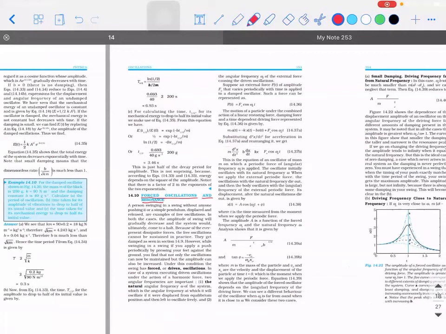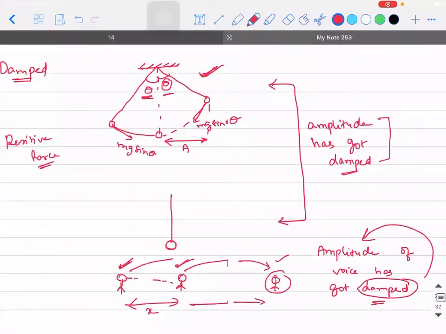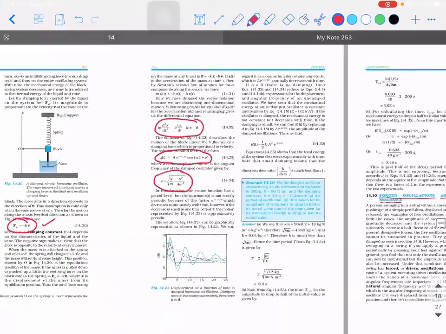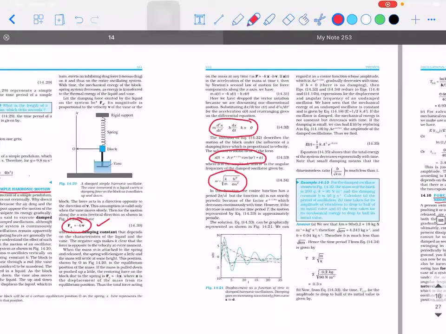For example, we use communication systems. Why do we use a mobile phone to speak to a person somewhere else? Your voice obviously can't travel that far. If you want to speak to someone in the next state, even if you shout, your voice will not reach, because damping is happening. So the major application of damping is in communication systems.